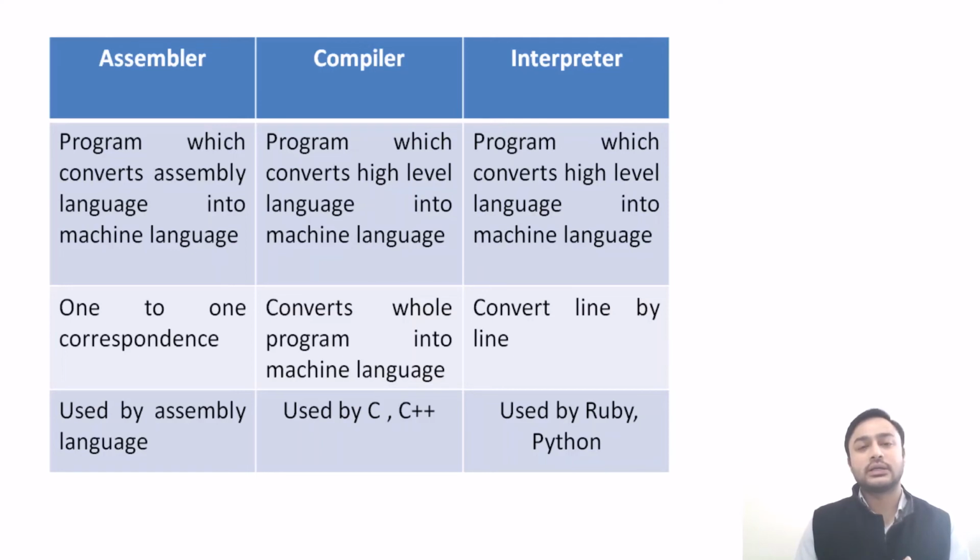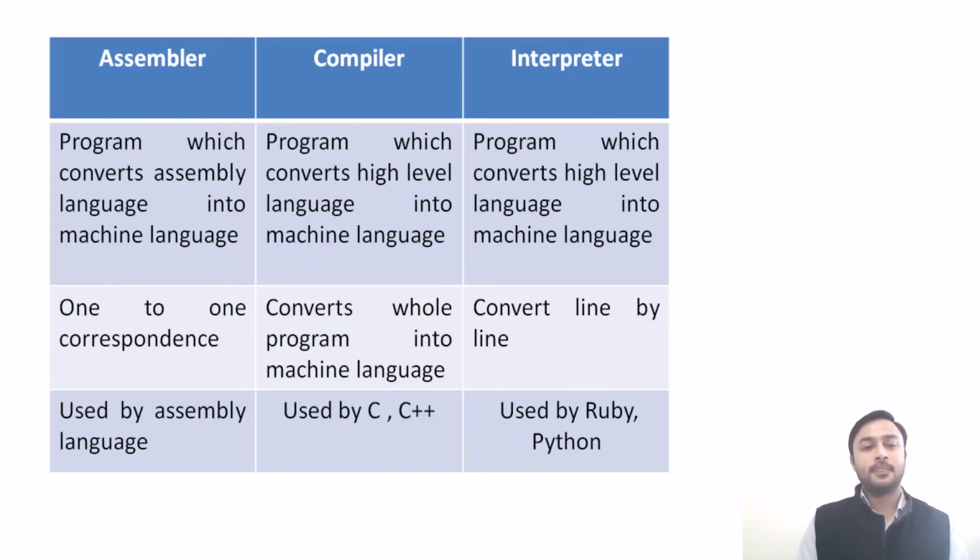आप C++ का या C लैंग्वेज का पूरी कोडिंग करो, एक प्रोग्राम बनाओ, वो क्या करेगा? कंपाइलर इसको कन्वर्ट करेगा, पूरे प्रोग्राम को, जितनी भी लाइन का आपका कोडिंग आपने किया, उन सारे प्रोग्राम को वो क्या करेगा? कन्वर्ट करेगा किसमें? मशीन लैंग्वेज में. लेकिन इन केस ऑफ इंटरप्रेटर, it will convert line by line. अगर आपने 10 लाइन की कोडिंग की है इंटरप्रेटर के केस में, तो पहले वो क्या करेगा? एक लाइन को एग्जीक्यूट करेगा. अगर उसमें कोई एरर नहीं है, तब जाकर वो दूसरे लाइन को एग्जीक्यूट करेगा. So here the execution will be line by line, and here the execution will be after compiling in case of